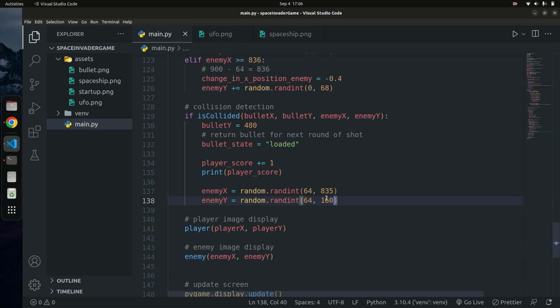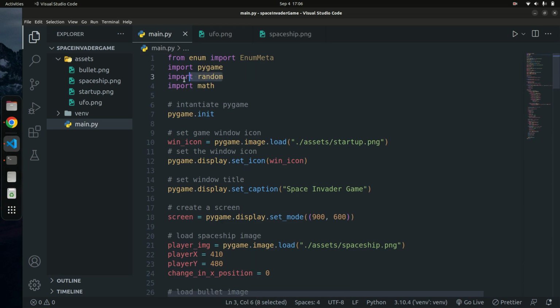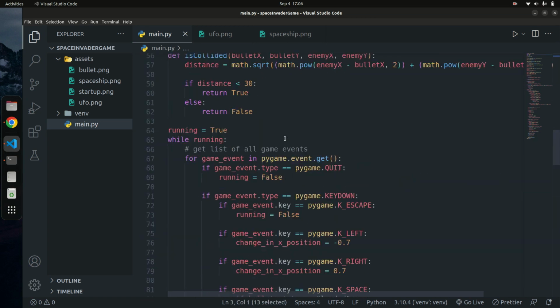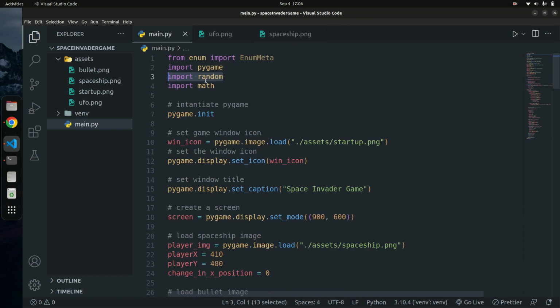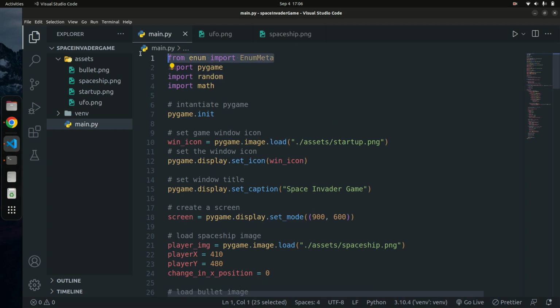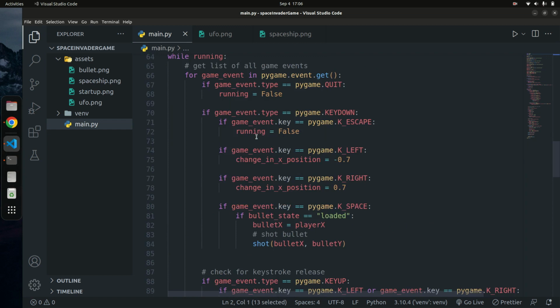Make sure that you have random imported. VS Code automatically imports it for me, but in your case make sure you have the command import random. If you don't have random imported, then you get errors. Let me delete this, I'm not using it for now. Down here you're just going to respawn the enemy